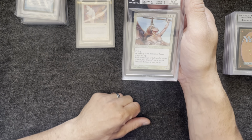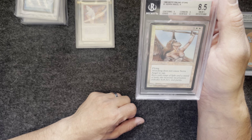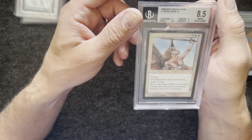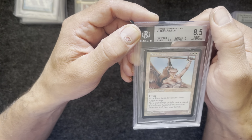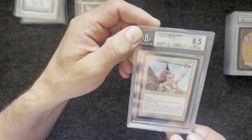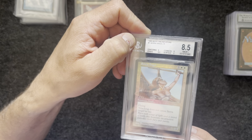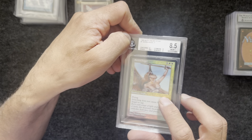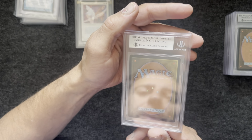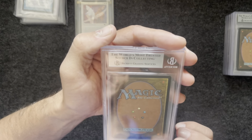Next card, got the Sarah Angel. This is the online store promo. So it looks like the corners actually brought this down to an 8.5. 8 on the corners, 9 centering, 9 surface, 8.5 edges. That's interesting because this was the one that had the surface ding that I felt like caused it to have a lower grade. But in fact, it was the corners, which is